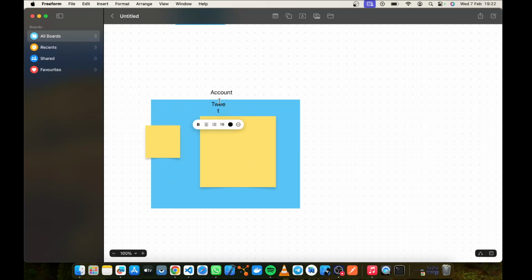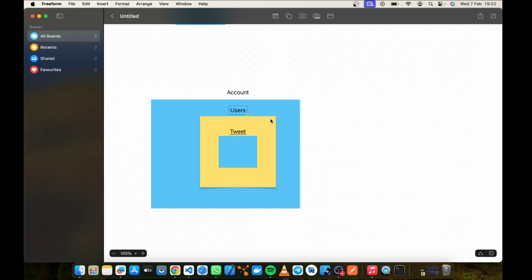So this one is the users. This is the user's account. Inside the user's account you can have another. Let me try to find a different one. Inside the user's account you can find the tweet account, like this. So we have the tweet, and the tweet is inside here, and they are